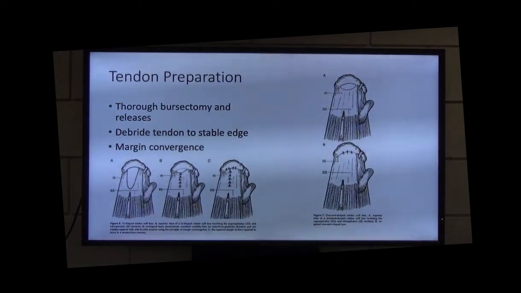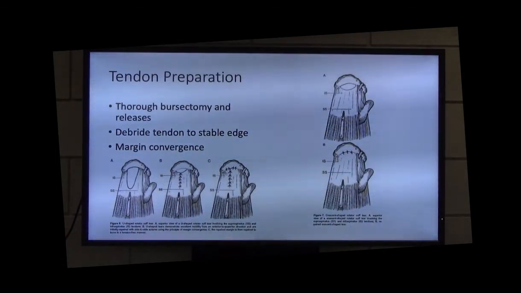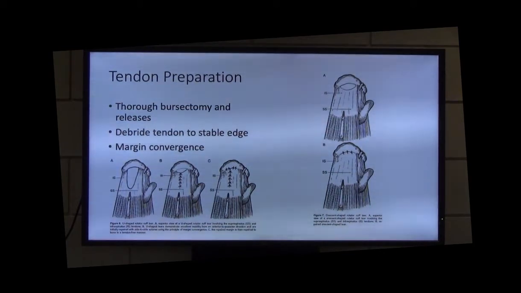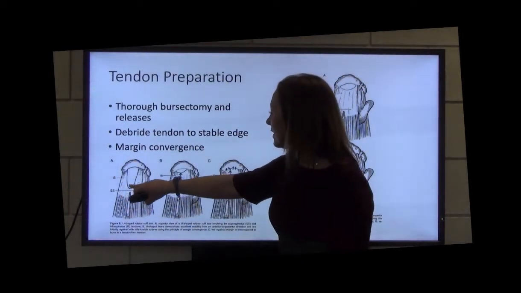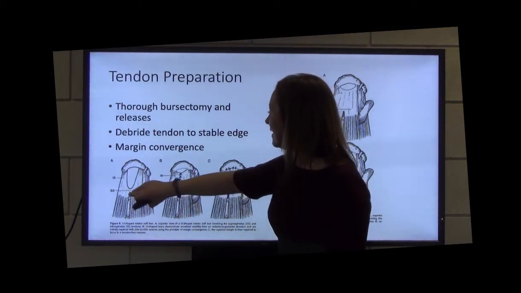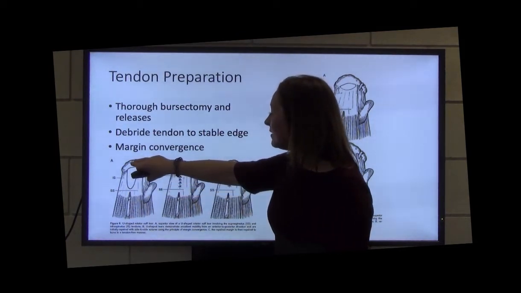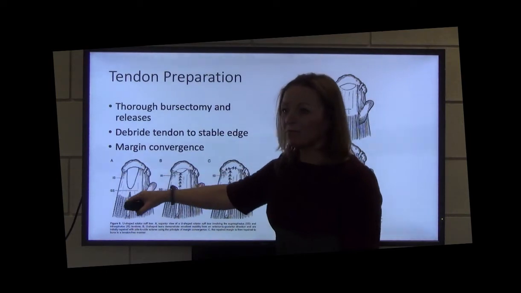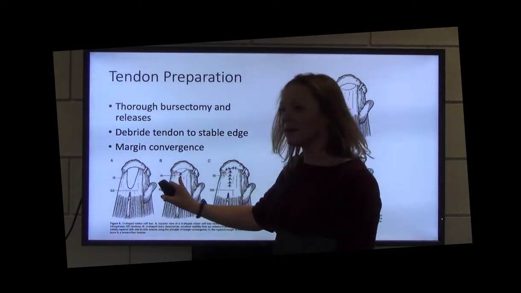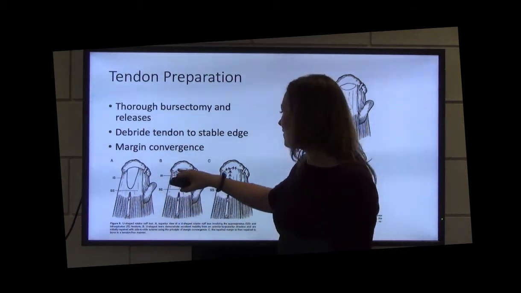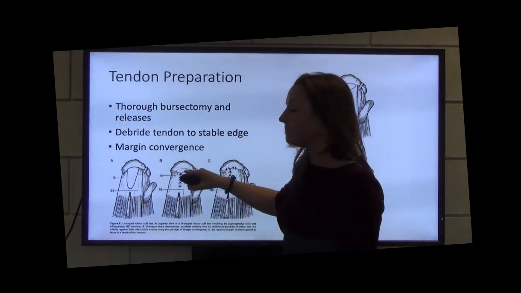Okay, so just to go through that a little bit more pictorially. So this is where I'm talking about margin convergence. So if you've got a big U-shaped tear, if you were to just put your medial row anchors here and then try and pull the tendon all the way over, the tension on that repair would be completely excessive. So what you need to do is try and shut that gap down a little bit first by using some margin convergence, and then it becomes a simple